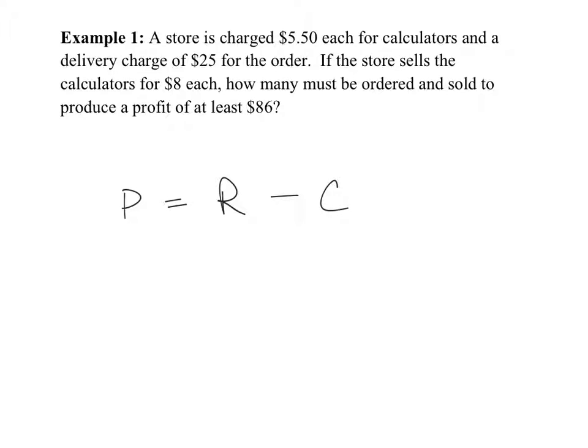So we're looking for a profit of at least $86. So if I know that the profit should be $86, I can make this statement also. At least $86. That's true, right? The profit should be greater than or equal to 86. At least means I can make 86, 87, 88, 89, 90, 91, etc. for the profit. Now, based on our substitution principle,